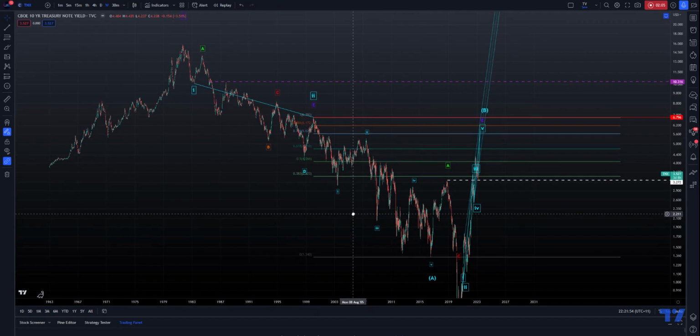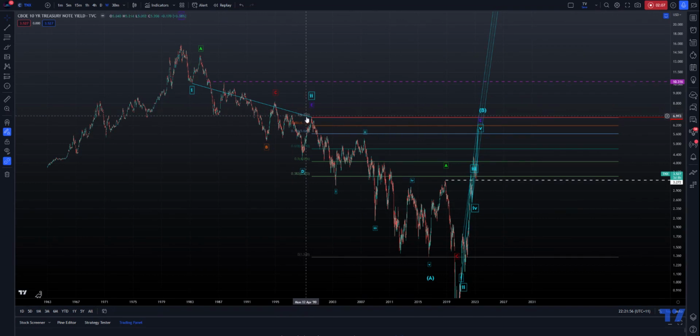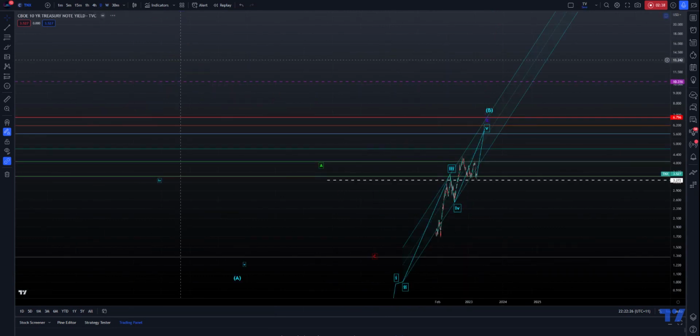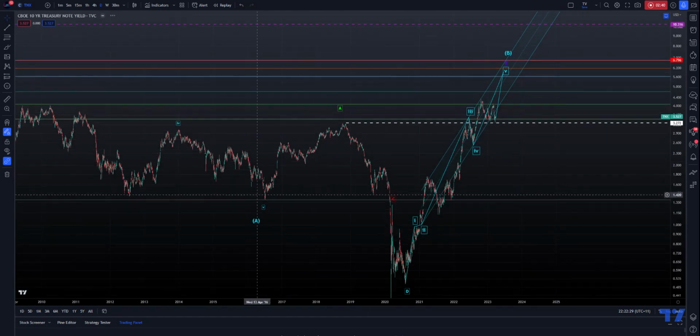And the only way that this count makes sense is if you look at this move since exactly the start of 2000, or thereabouts, 31st of Jan 2000 or mid Jan, whatever, you started to see this five-wave move down. Okay, so you see like a zigzag 1, 2, 3, 4, and then 5. So I believe what happened since then, if I just zoom in to this area, I believe this is actually